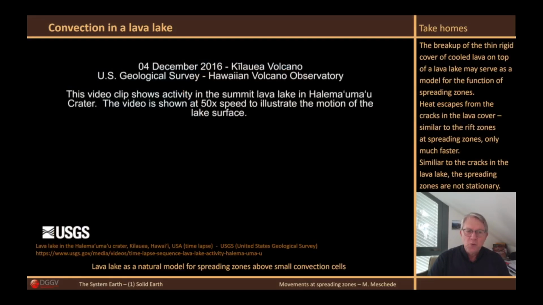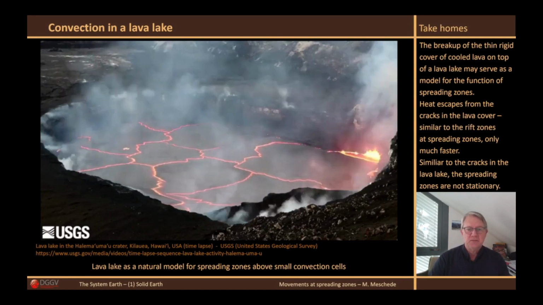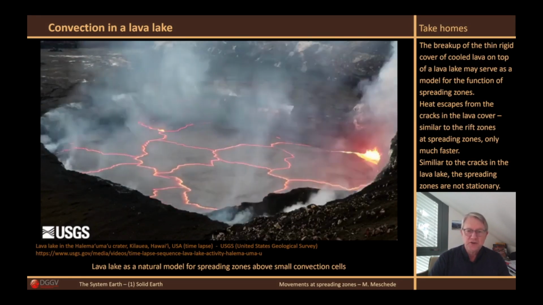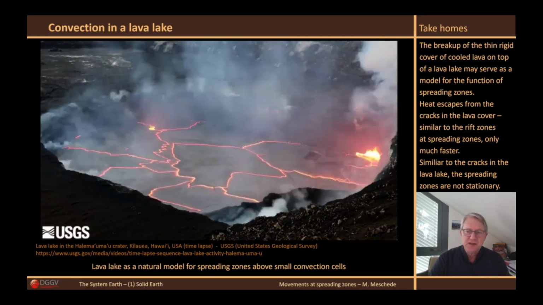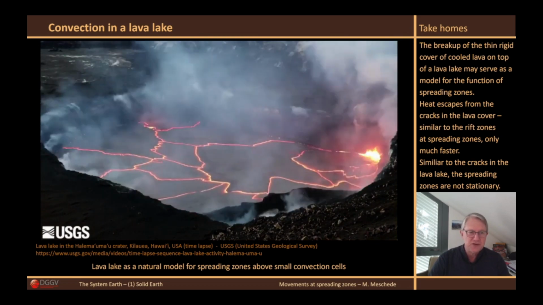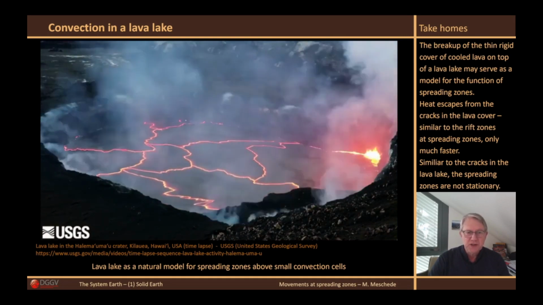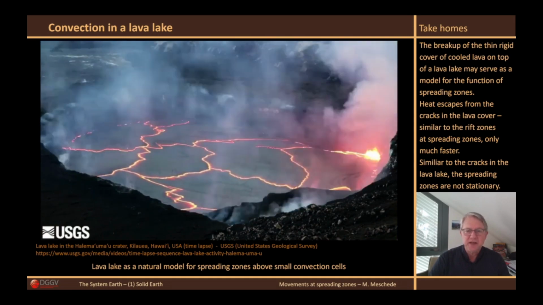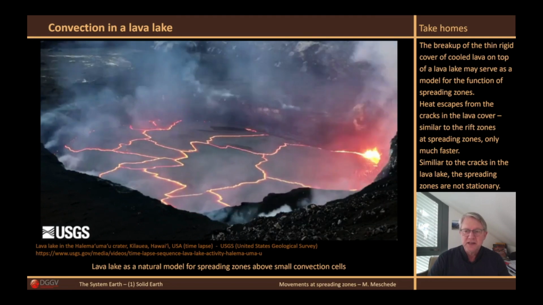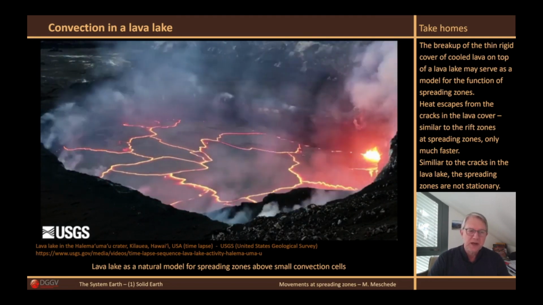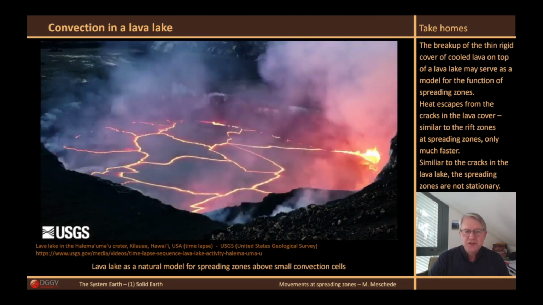How such spreading works and how their position changes again and again can be observed beautifully in a natural model in an active lava lake. I'm showing a time-lapse video that is available on the United States Geological Survey USGS website. I have linked the video on the website so you can watch it independently of this video and in better quality. In this video, taken in 2016 at Kilauea's Halemaumau crater in Hawaii, you can see red fissures opening and